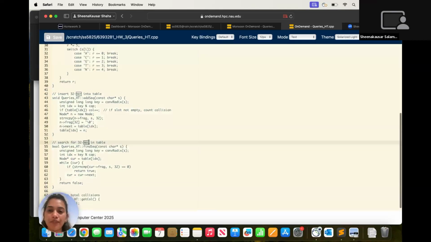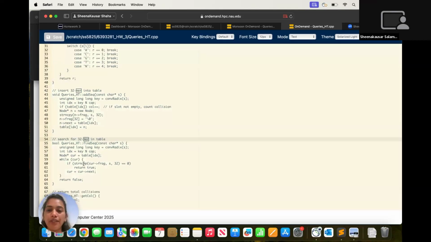The insert function places each sequence at the beginning of a linked list in the appropriate hash index. I also counted collisions by checking if a linked list already exists at that index. Last is the search function. I implemented a Boolean based search to check whether a fragment exists in the hash table. And the next is file handling and efficiency. I carefully managed memory by concatenating the subject file buffer on the fly and processing 32-mers as I read them to avoid the kill errors that I encountered initially.